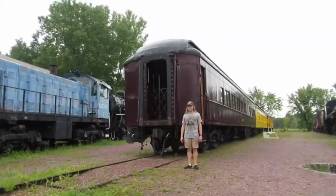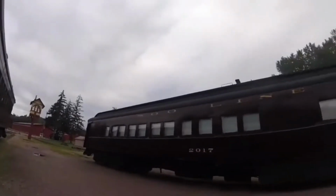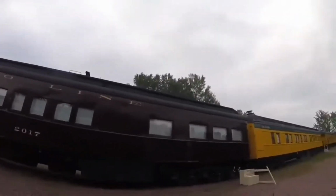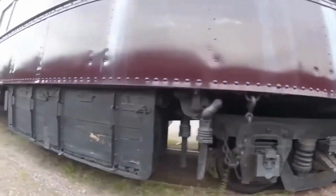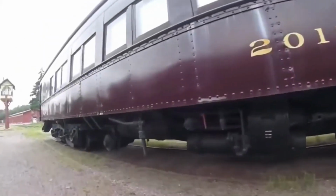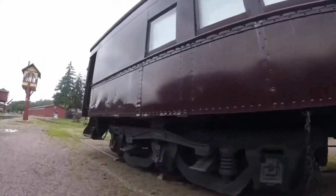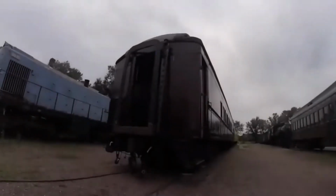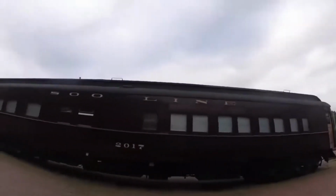What you see right behind me is Soo Line 2017. Soo Line 2017 was built by Barney and Smith Car Company in Dayton, Ohio in 1914 and is a diner lounge car. This car was originally built as a passenger coach, and the car had plush walkover seats, electric lighting, and full vestibules. The car was updated over the years as the Soo Line equipped it with air conditioning and removed the under